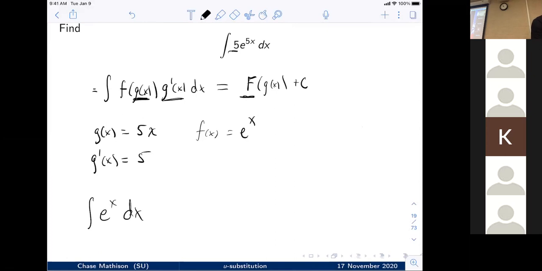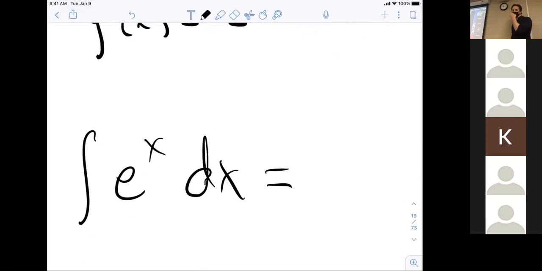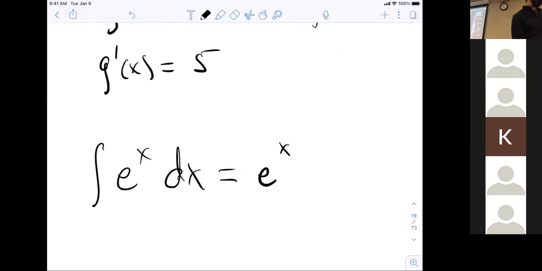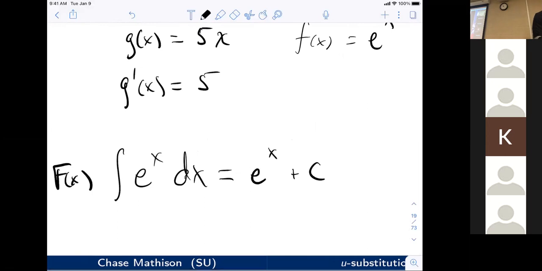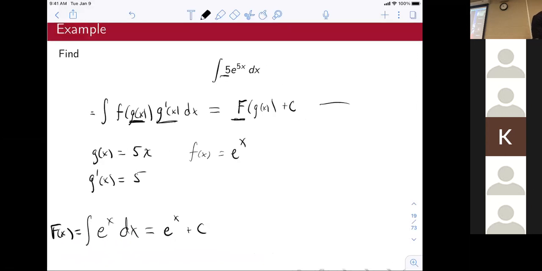Okay, so what is an antiderivative, or what is the indefinite integral of little f, which is e to the x? The natural log of x. Careful, that's the inverse. It is e to the x. Yeah, if I take a derivative of e to the x, I just get e to the x back, right? And so that means if I take an integral of e to the x, I just get e to the x. So I'm going to get e to the x, and really, I'm going to get e to the x plus c. Okay, so this all tells me this is capital F of x, right? This all tells me then, plugging into this guy right here,